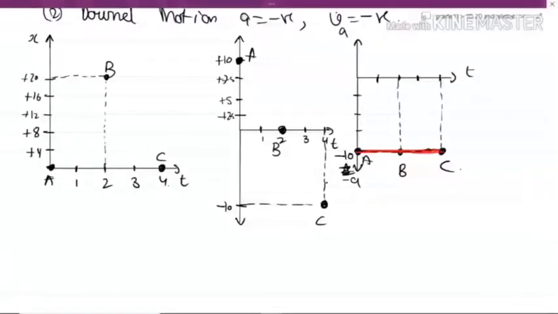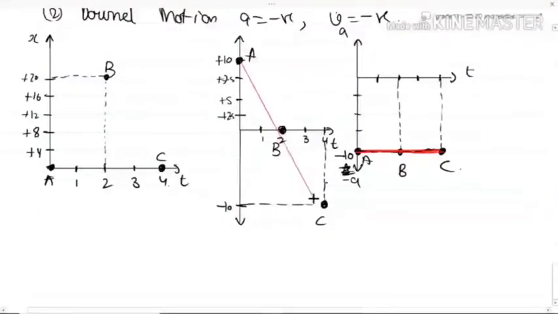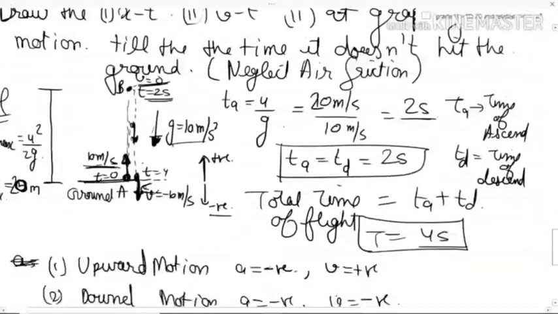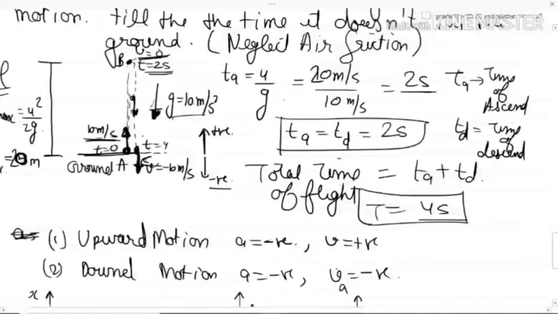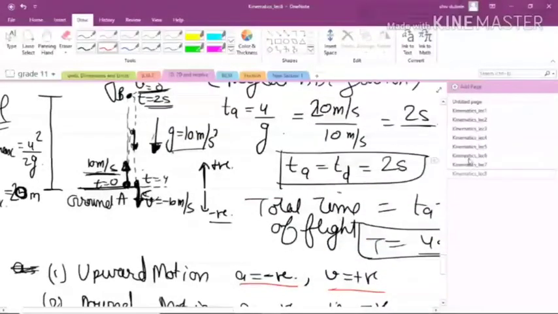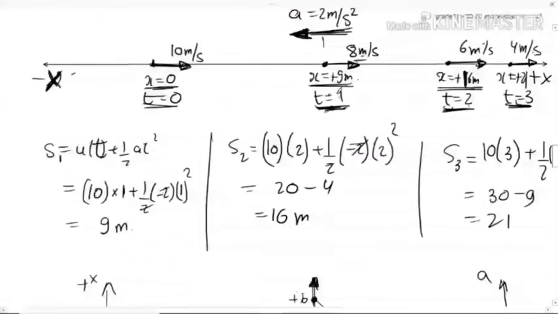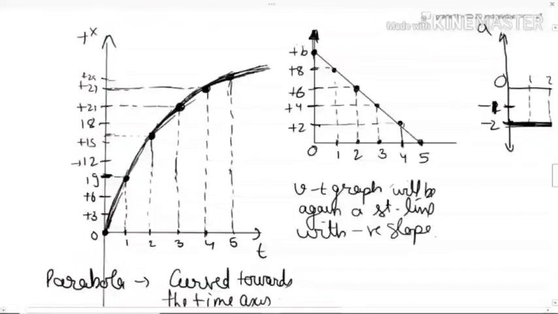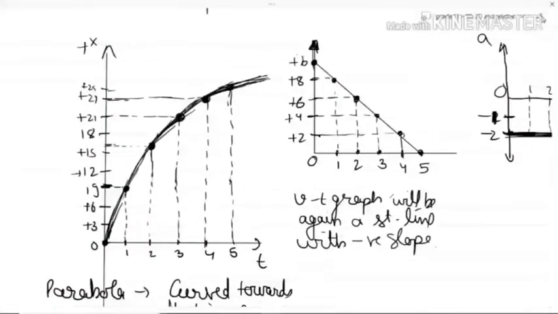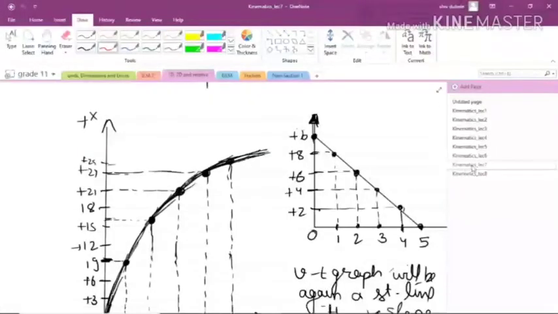What about the velocity time graph? Velocity time graph looks like this. So can you see the velocity time graph? Do I need to shade it more? But what about the xt graph? Can you see in the first graph, guys? Acceleration was negative, velocity was positive. So I think this graph. Can you see acceleration negative, velocity positive, this graph? Yes or no? Yes. So you'll draw it exactly like this.